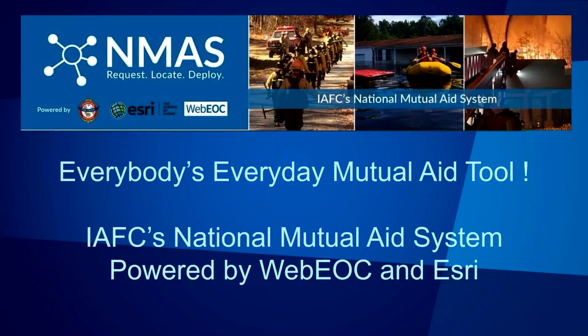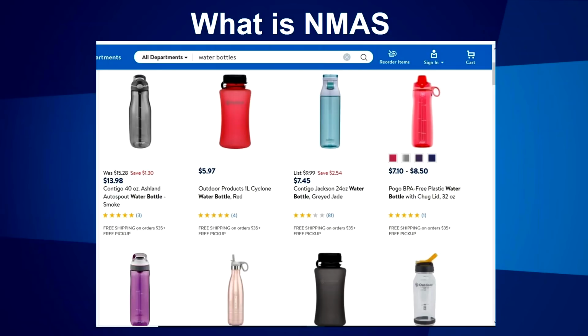So we'll walk through a couple of slides here and kind of tell you where we're at in the development and the components we're going to have in it. Right now, if you want to go out and buy a sports water bottle, you have hundreds of thousands of choices to choose from. But how do we narrow down our search to the one specific bottle that we're really looking for? We use filters, right? We use a system where we check off boxes that filter that data set down from 30,000 to 5,000 to 500 to 5.